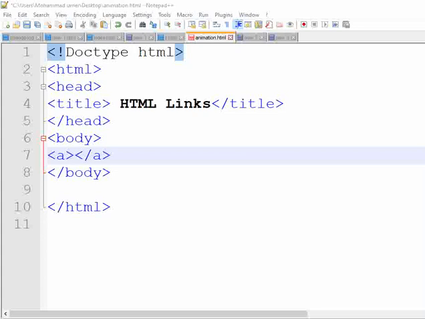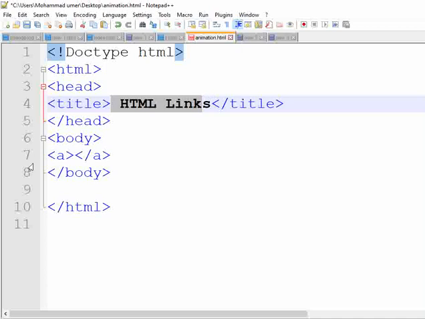Let me show you the practical working of this type of link. After that you will have a clear picture. Understand? So let's create this type of link. As you can see on your screens, I have set the title as HTML link because we are going to create the same links in today's lecture also. I have also written the anchor tag here because we are going to use the same tag for creating this type of link. This is the email link.